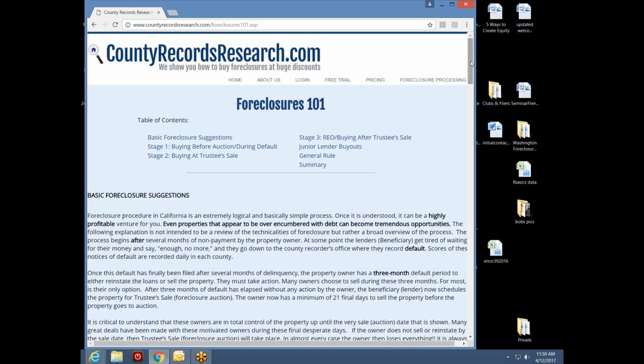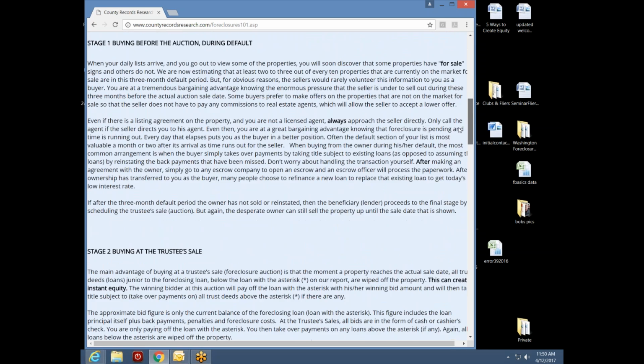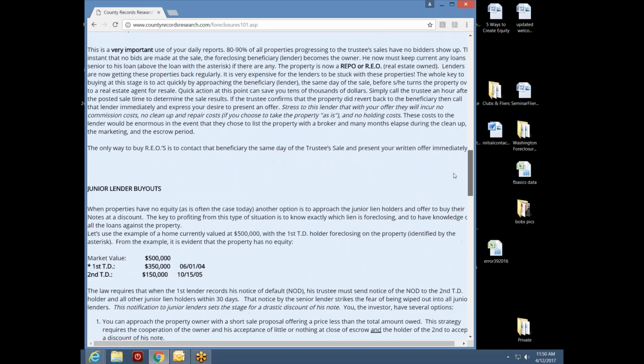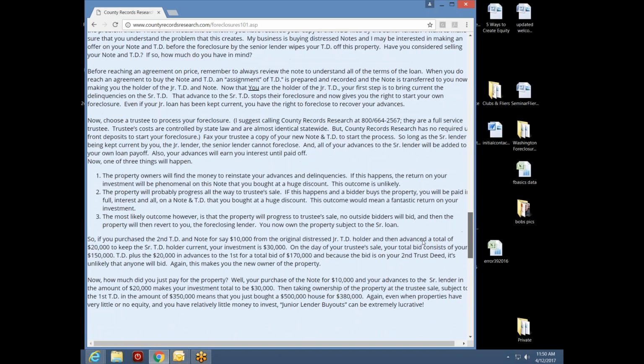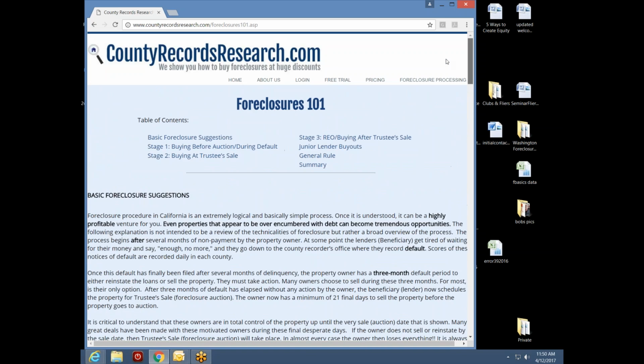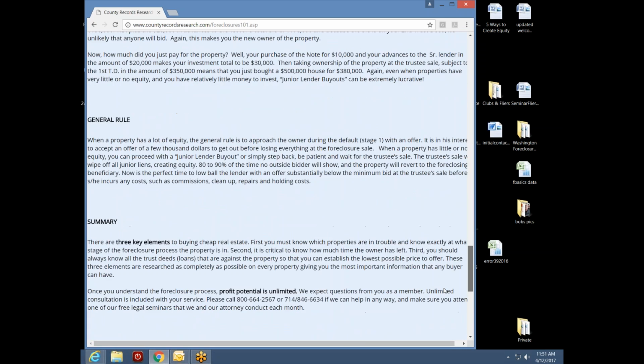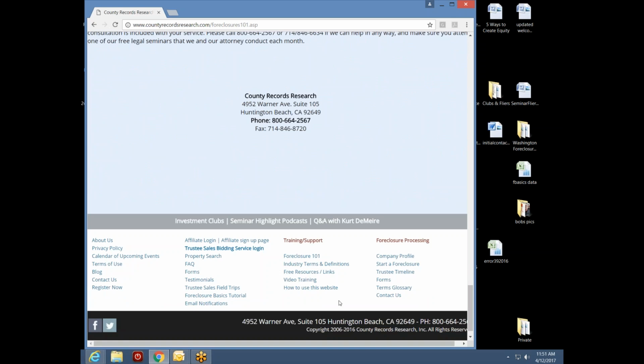This is an article that we drafted some years back that really gives you a nice walkthrough of how foreclosures work and how we buy properties. So if you haven't read the Foreclosure 101 article, you'll notice it's fairly lengthy, and that's for a reason, because we want to give you specific tips on how to use the information, how foreclosures work, so you get a very good overall understanding. So when we talk about certain things, it makes sense.